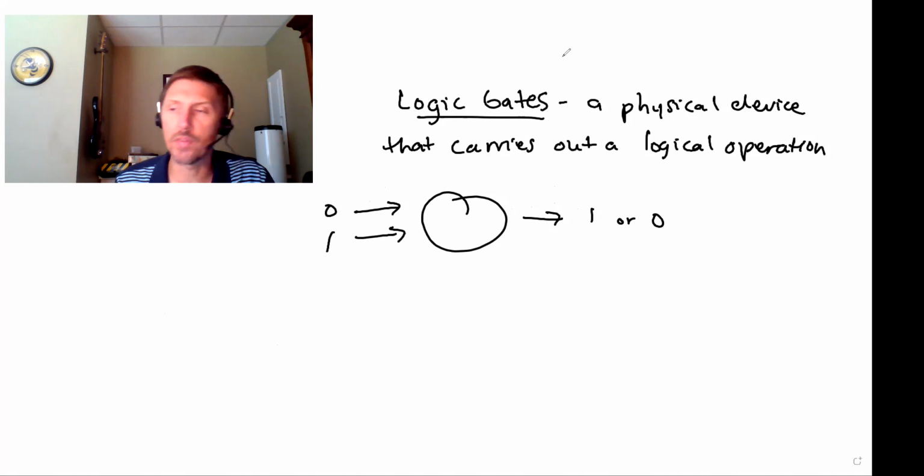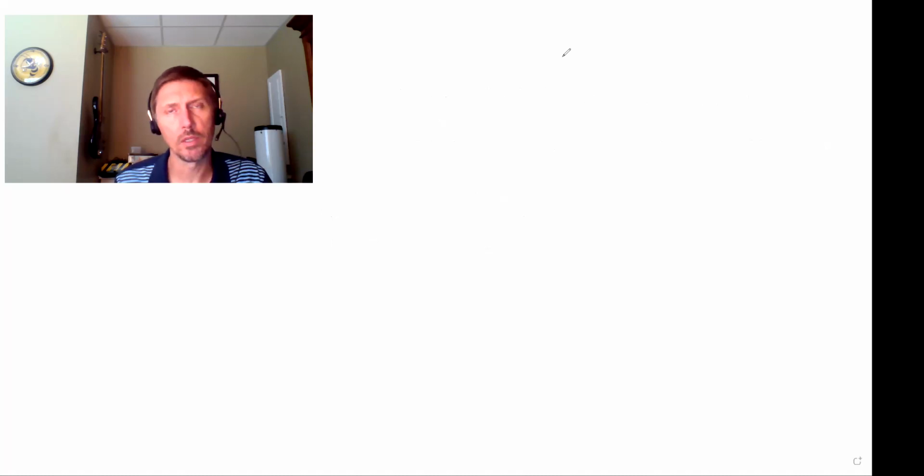But in order for us to think about logic gates, we're going to use the process of abstraction, because talking about the details of how you would physically build such a circuit is beyond the scope of this course. And it's important that you understand what abstraction is, because we do this kind of thing in computing all the time. So abstraction is